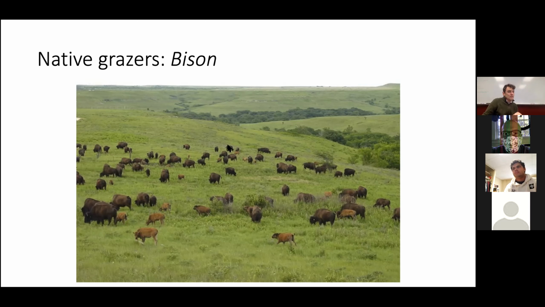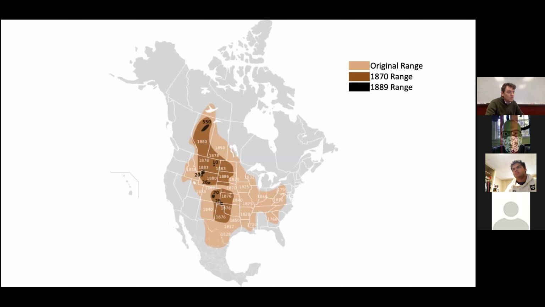Once again, notice the Flint Hills with the flat horizons and these dissected valleys with more moisture, meaning more trees in the valleys. Bison are not nearly as abundant as they once were. Historically, bison were found throughout North America. Even this range that's highlighted as original is a bit conservative,